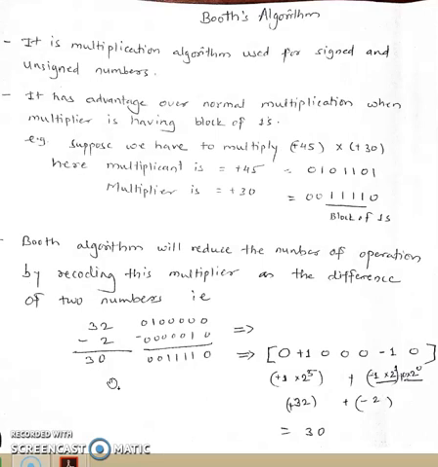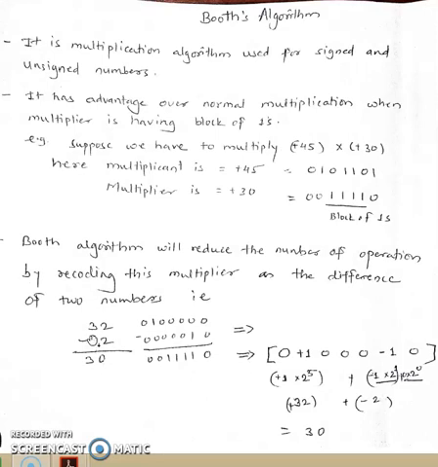What is the idea about this? We know that these two numbers, 32 and 2, can be calculated with the help of powers of 2. 2 to the power 1 gives you 2 and 2 to the power 5 will give you 32. That's why Booth suggests that we use numbers which are multiples of 2's, or which we can represent with the help of powers of 2. These numbers can be subtracted to get the final multiplier, which is this 0 1 1 1 1 0, same as this 30.